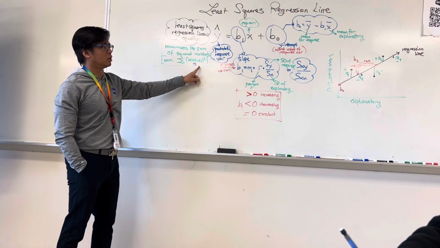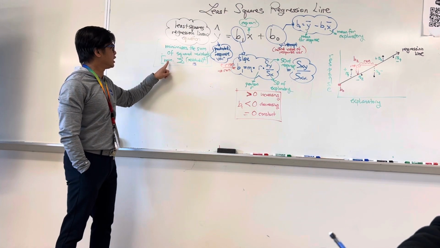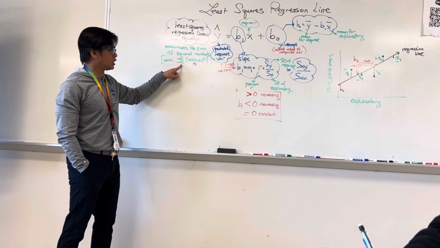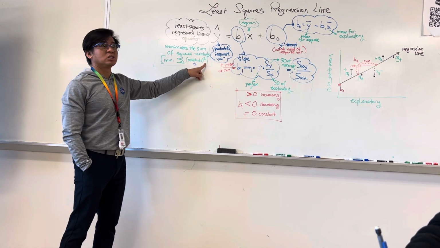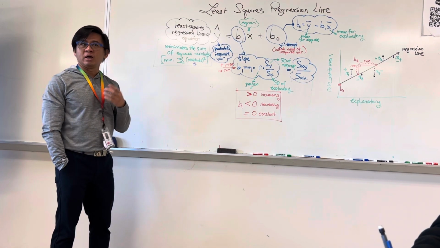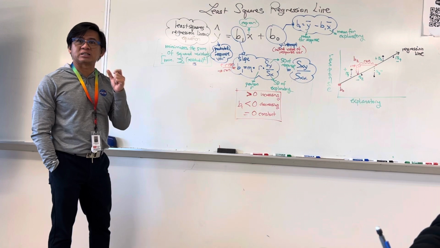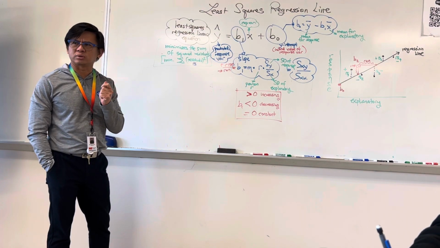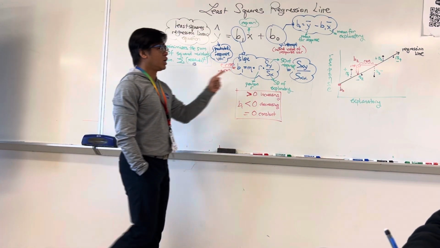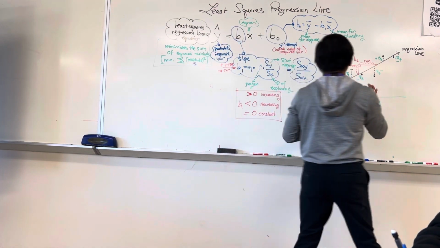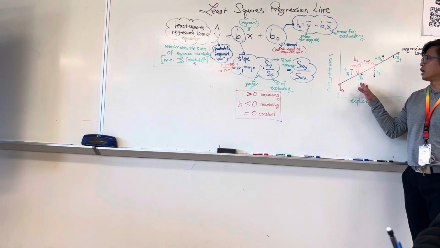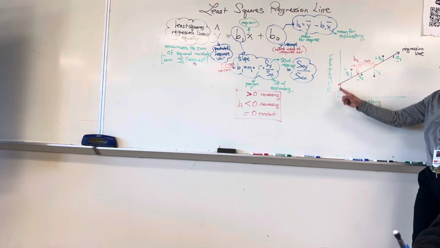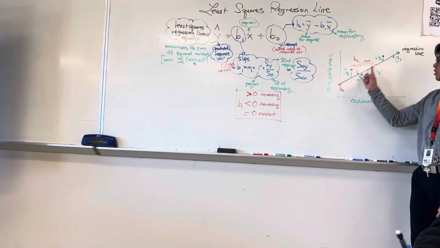So the equation looks like this. Minimize the summation, that's the sigma, of the residuals squared. You sum all of them, then that will be the linear equation that has the minimum squared residuals, right? Now, what do you mean by that? If you look visually, you can see what we mean. So in this linear equation, that line in black,